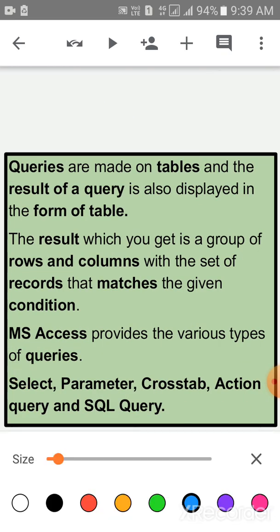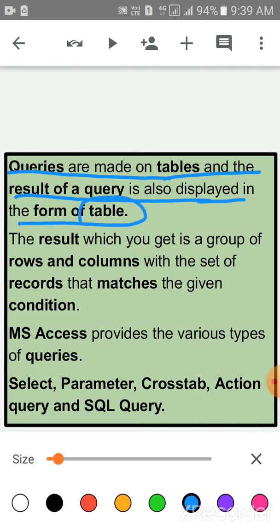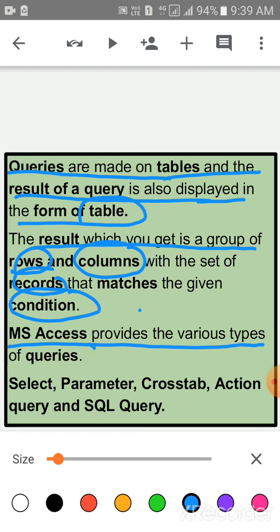Children, queries are made on tables and the result of a query is also displayed in the form of a table. Okay? The result which you get is a group of rows and columns with the set of records that matches the given condition. Okay? Children, MS Access provides various types of queries: select, parameter, cross-tab, action query and SQL query. Okay children?